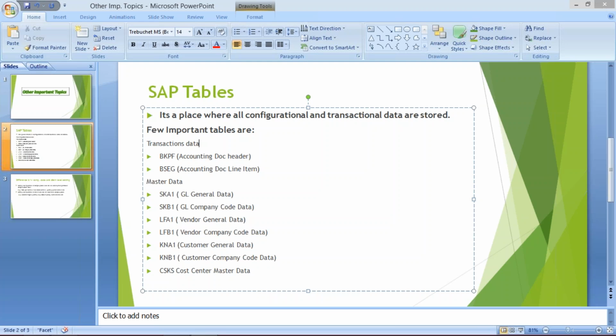If you talk about master data, SAP has segregated it as well. Let's suppose in master data, XYZ details are going to be saved in one table, and ABC details are going to be saved in a different table. So first of all, we need to understand what this table is all about, and then I'll let you know a few important tables, because people will ask, what do you mean by table, and can you remember some tables? I'll tell you guys, it's impossible to remember all the tables,